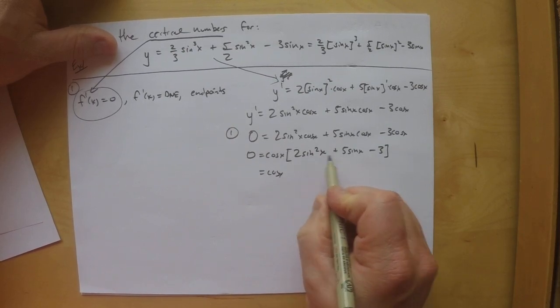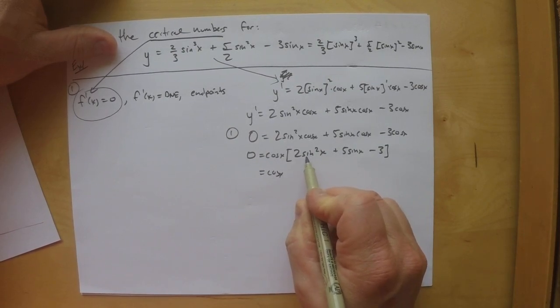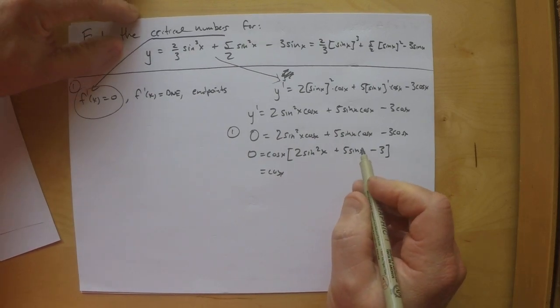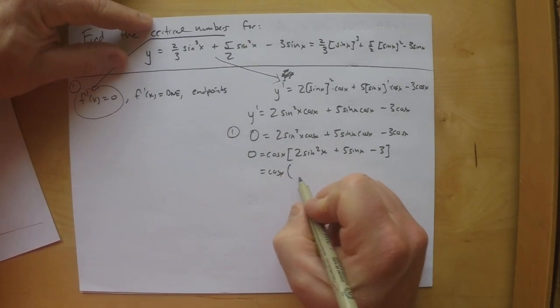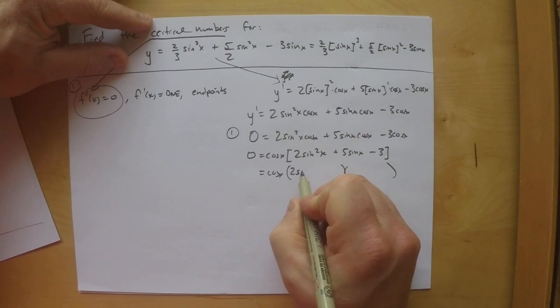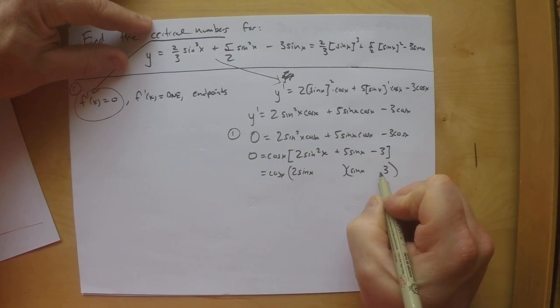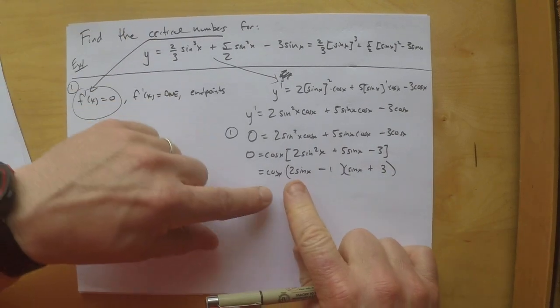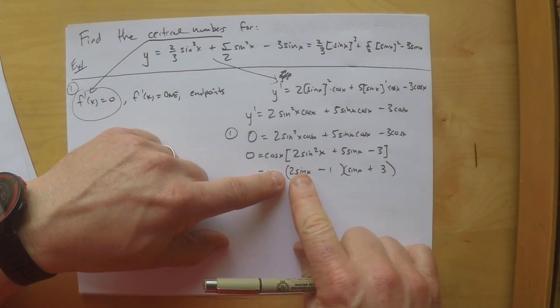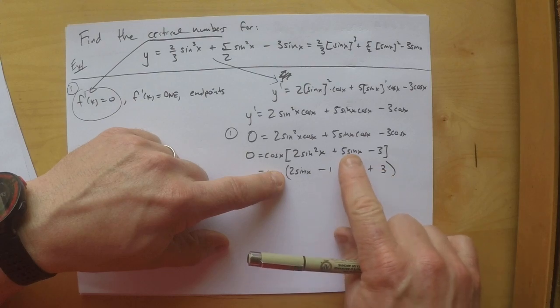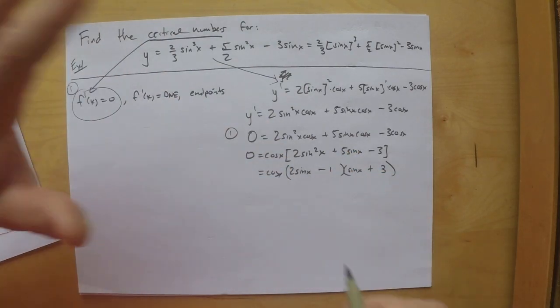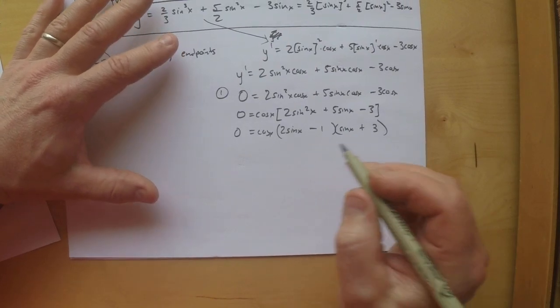Some people might have let this be u, so you get 2u squared plus 5u minus 3. But this factors into 2 sine x and a sine x and a 3 here. This becomes a 3 plus, and that's a minus 1. I would just double check: 2 sine squared, 6 sine minus 1 sine is 5 sine. There's my minus 3. So it's all factored, and then out of this,